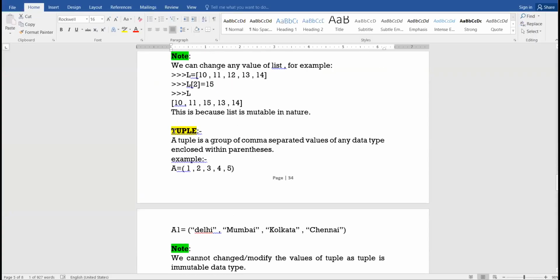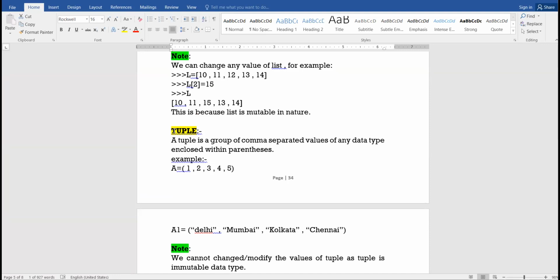Then comes tuple. What is a tuple? Beta, tuple is also a collection of different types of elements, comma separated values, but the values are enclosed in parenthesis. Elements are enclosed in round brackets.